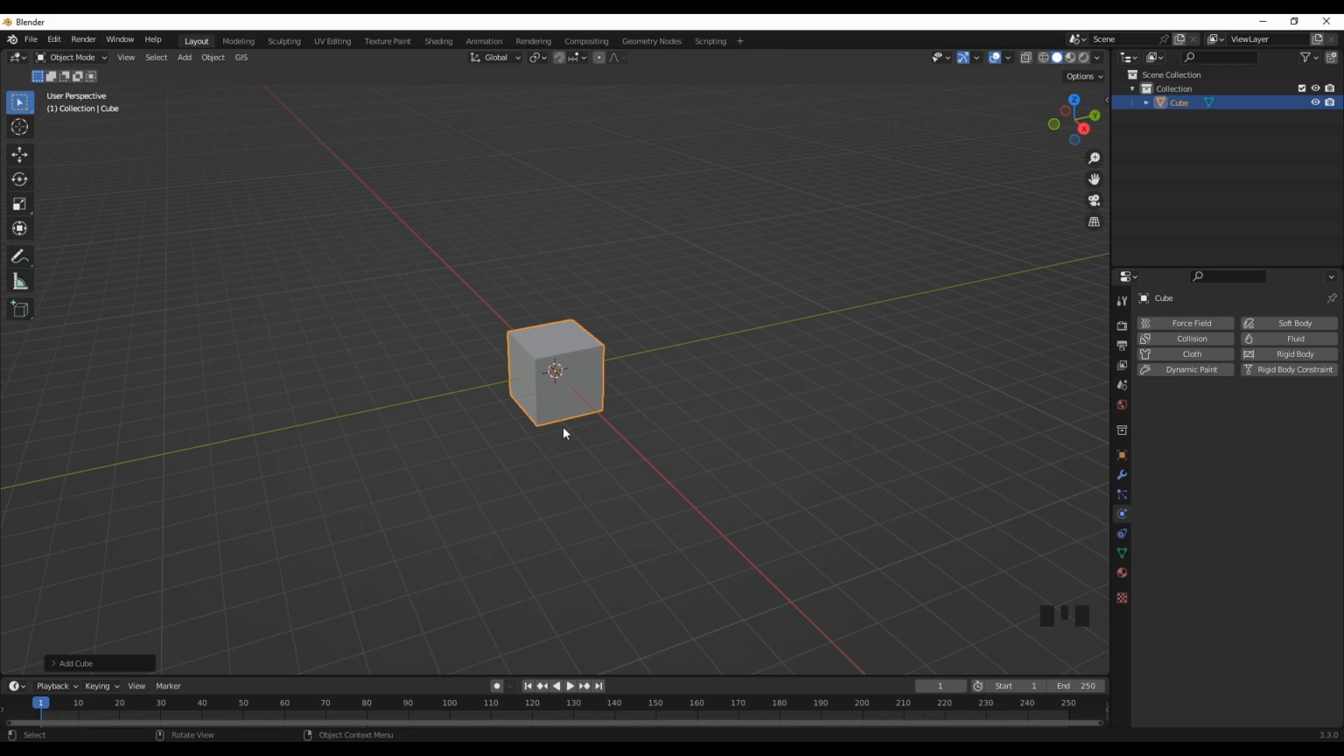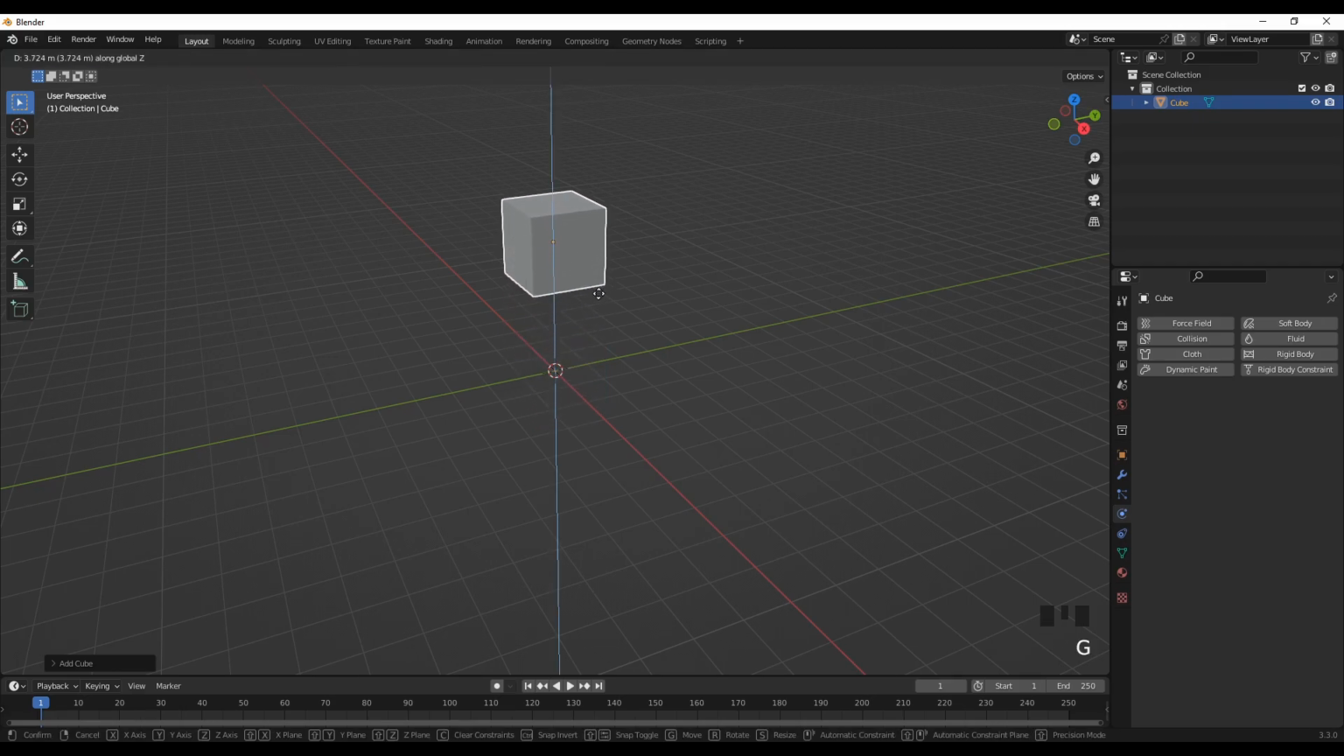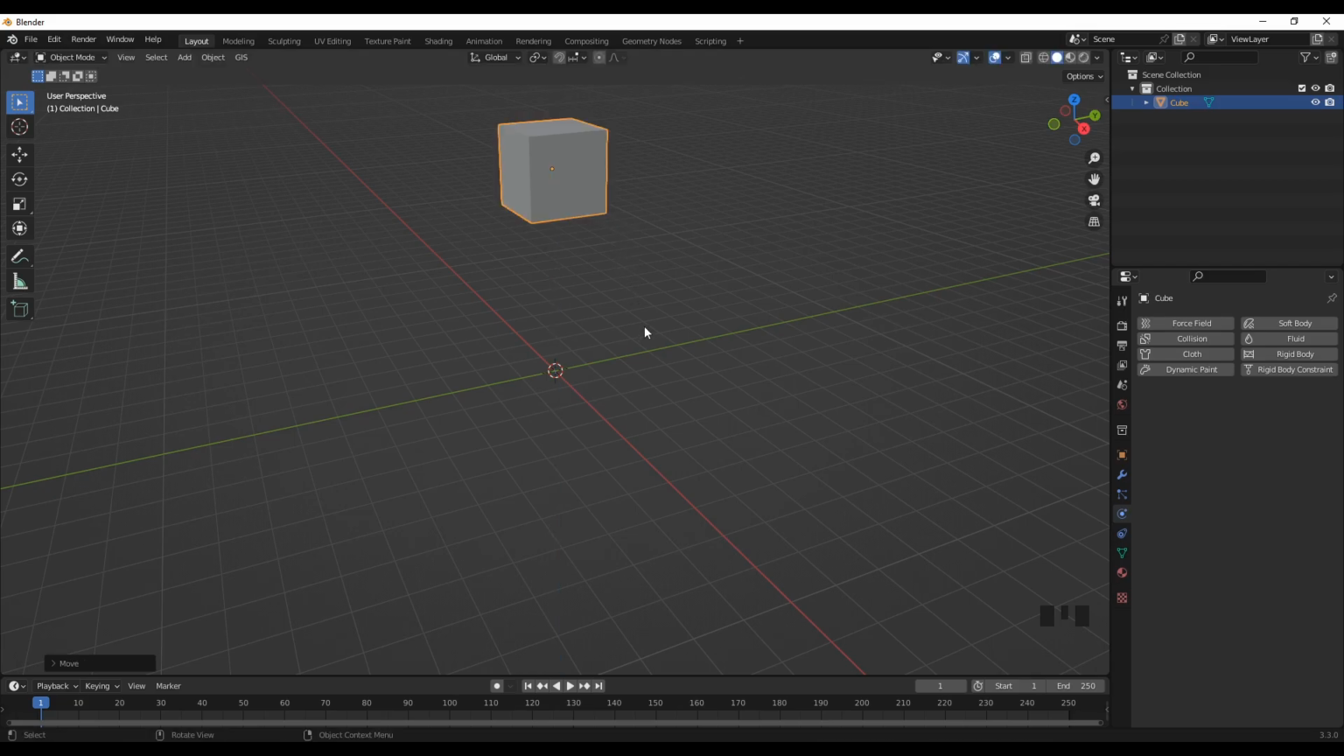So to start, let's move the cube in the Z direction like this. So the idea is to throw this cube downwards, and then we'll have some kind of floor here. So when the cube makes contact to the floor, it has to disintegrate into different parts using the rigid body